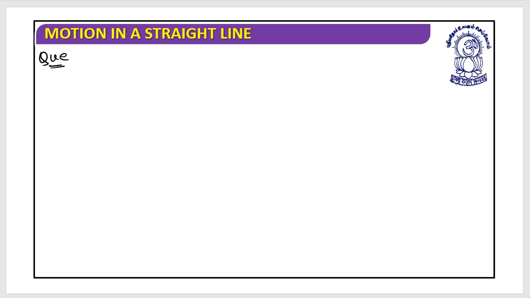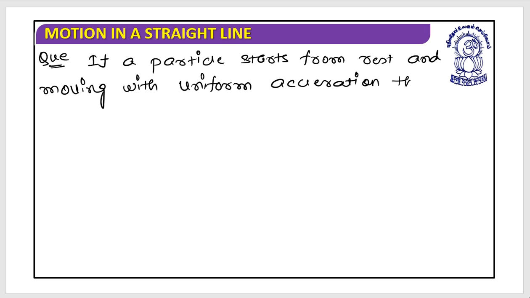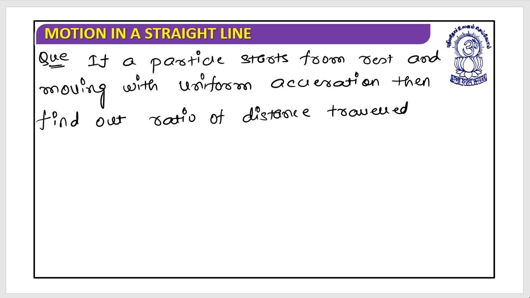The data tells that if a particle starts from rest and moving with uniform acceleration, then find out the ratio of distance traveled by body in